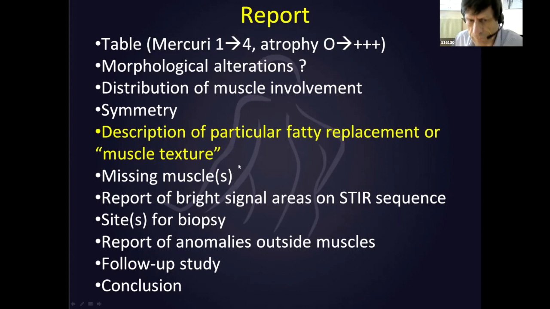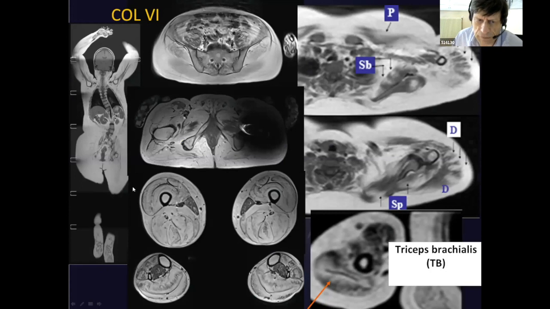Here it is only visual analysis of the very gross texture of the muscle. For example, in this case, you have huge fatty replacement of all muscles. You have joint retraction and deformities. In axial views, you are not able to detect